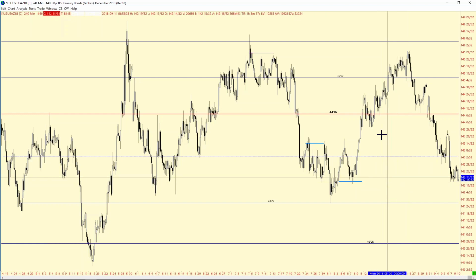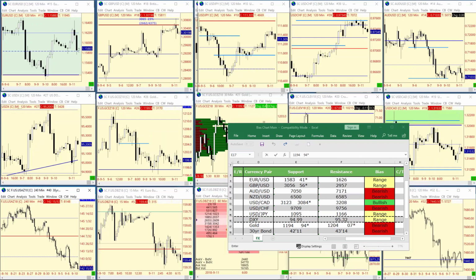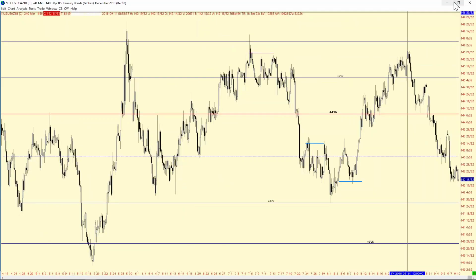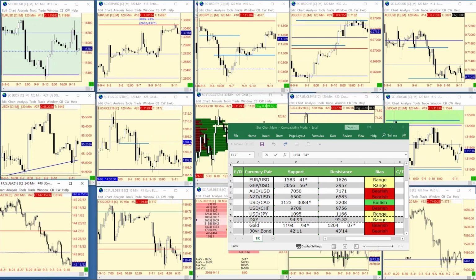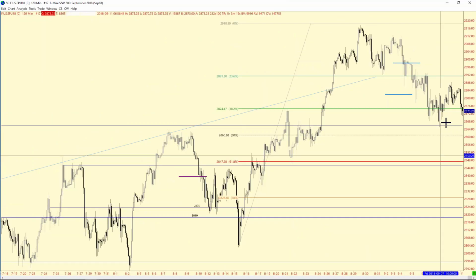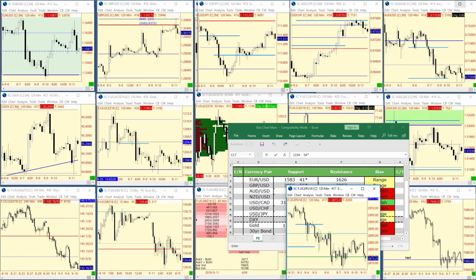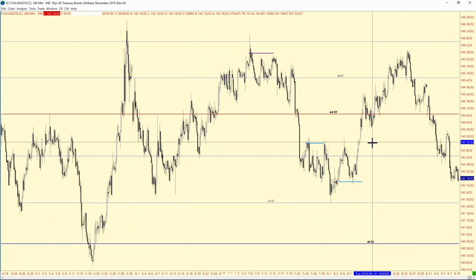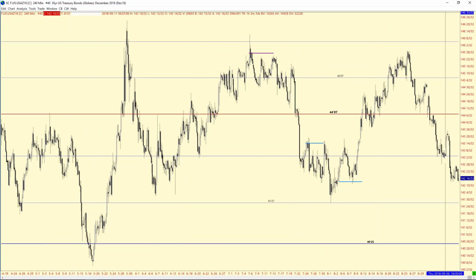Resistance, no changes there either. Resistance comes in at 43. Well, you know what, probably have to move it a little bit lower. Let's take a look. Market's very oversold. What are we going to take to get a bounce? If we get some more downside momentum and break these lows, that's going to give a bid tone to the bonds, or the thinking would be it should. We are fairly oversold, so I don't see any reason to change it. 43.14 is still going to stand for resistance on the 30-year bonds.